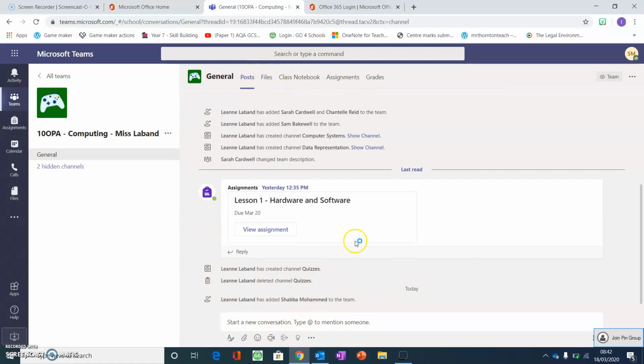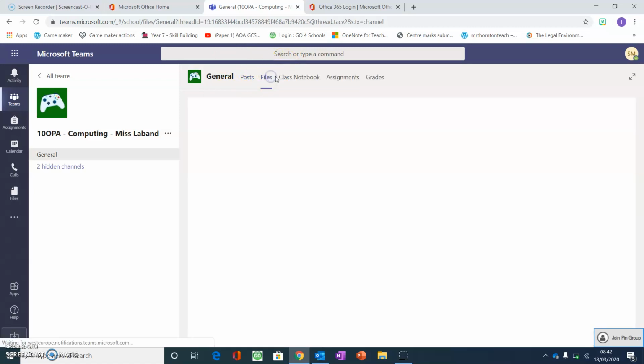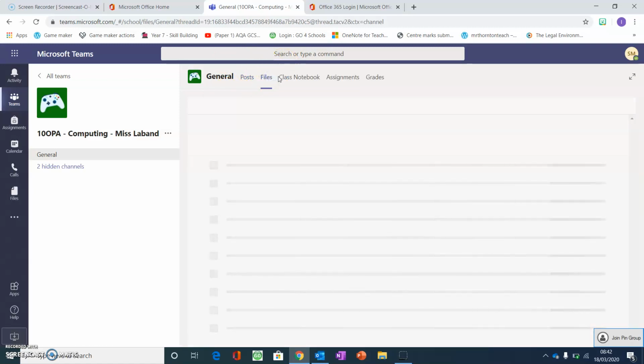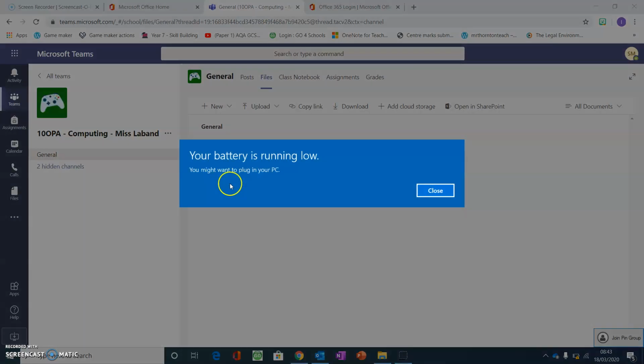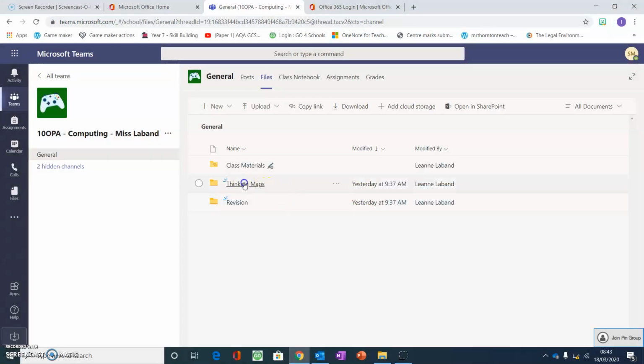Once you've had a look through posts, you've also got files. So in the files tab, you will have revision material, you'll have PowerPoint, you'll have lessons, depending on how your class teachers have set these up. The one that says class materials, anything in there you cannot edit, you can just have a look at. Any of these other folders here,